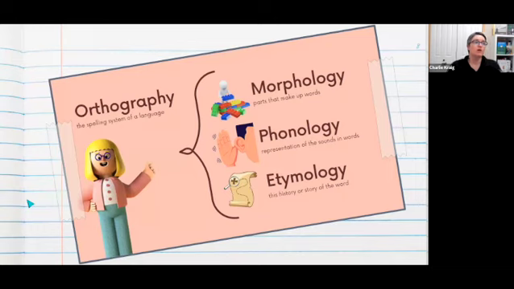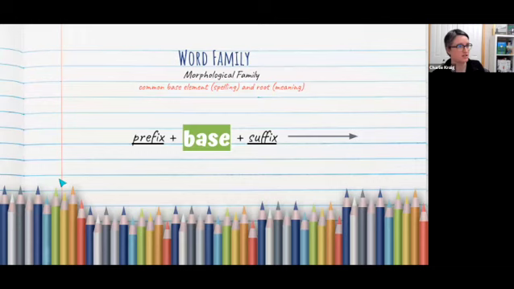And so really what we're looking at as we do these series and these sessions with you is the whole package. There are times when we lean more into morphology and we're really looking at those parts, the bases, the prefixes and the suffixes. There are other times though where we have to pay attention to the phonology, because that helps us identify the marker that might be present. So as Lana mentioned, when we're talking word families, we're talking morphological families. So not rhyming word collections. That's not what's happening here.